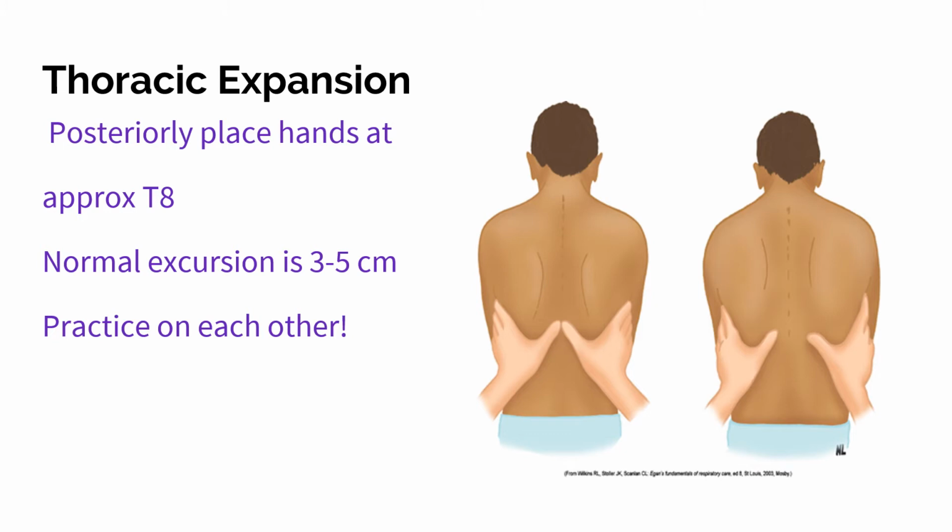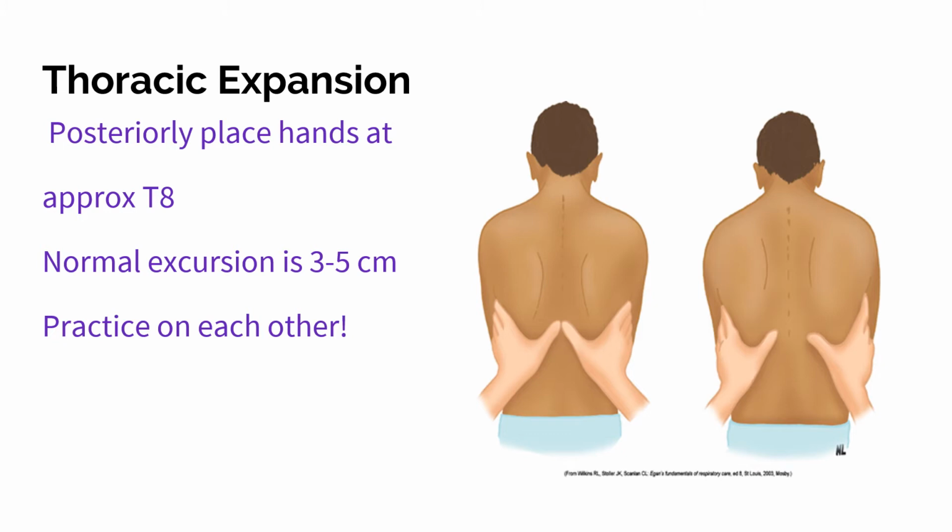and you have your thumbs touching. Okay, and then you have them take a deep breath, and your hands should move outward. You keep them placed on the body, but as they take that deep breath, you should have about a 3 to 5 centimeter excursion. So about 1.5 to 2.5 on each side,